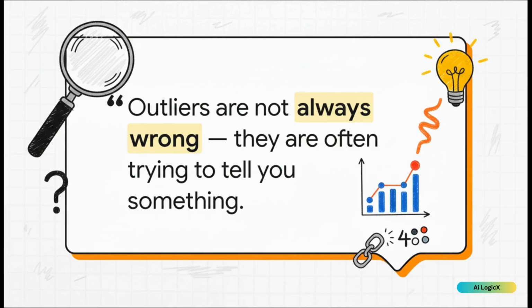The biggest takeaway today is this: outliers are not always wrong. They are often trying to tell you something really important. They can be the signal, not just the noise. They could be pointing to a mistake in how you collected your data, a flaw in your thinking, or maybe even a groundbreaking discovery. So the next time you find an outlier, don't just delete it. Interrogate it. Ask it what story it's trying to tell you. Because